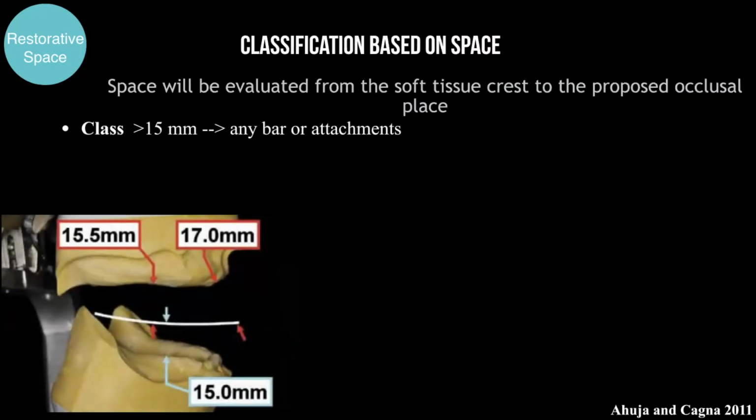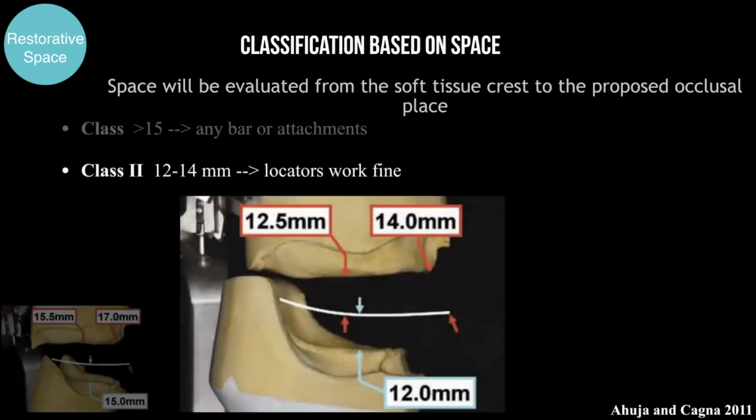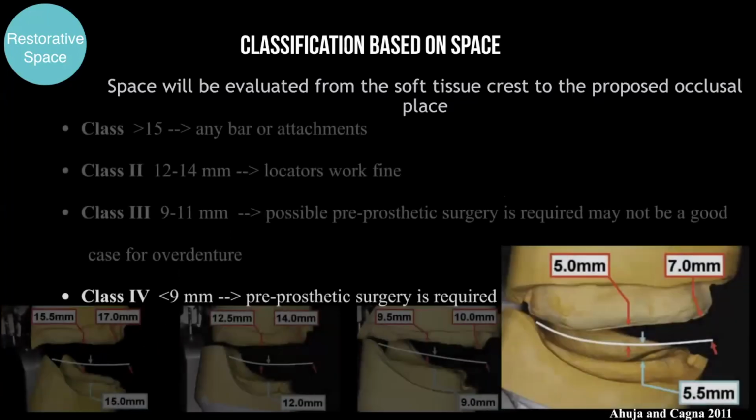If you look at a study by Dr. Ahuja, hopefully I pronounced it right, and Dr. Cagna, 2011, they classified space into 4 groups. They say if you have more than 15 millimeters from the crest of the ridge to the proposed occlusal plane, you may be able to do any kind of restoration, like bar, attachments, or fixed complete dentures. But if you have around 12 to 14, then Locator will work just fine, and you have a good amount of space. But if you go lower than that, like 9 to 11 or even less than 9 millimeters,